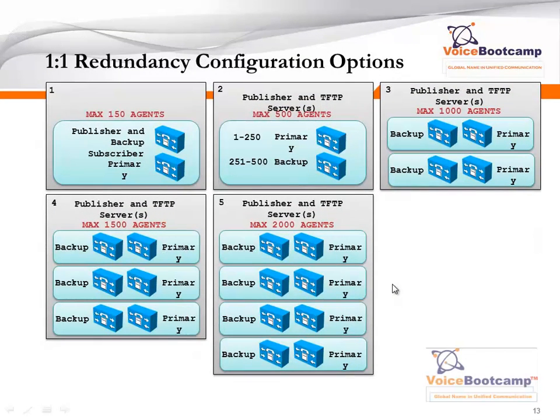To design a call manager cluster to support a maximum of 150 agents, you need a publisher and a backup subscriber. If you want to design a solution for 500 agents, you need one primary call manager and one backup call manager. If you're going to support 1000 agents, you need 4 servers in 2 groups. The first group will have a primary and a backup, and the second group will also have a primary and a backup. To support 1500, you need a total of 6 servers, and to support 2000 agents, you need a total of 8 servers